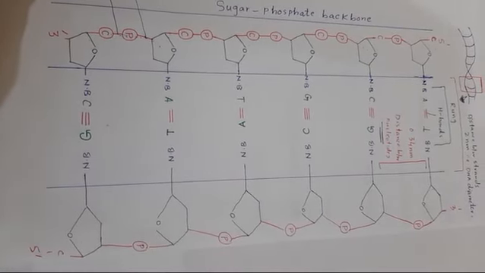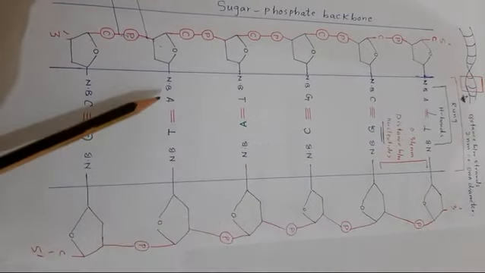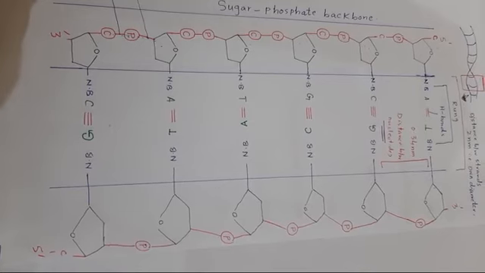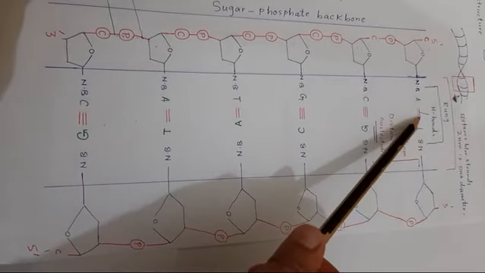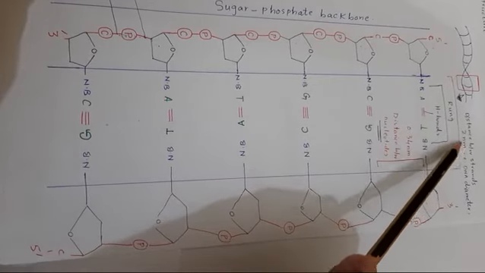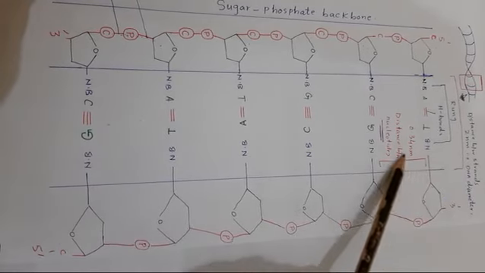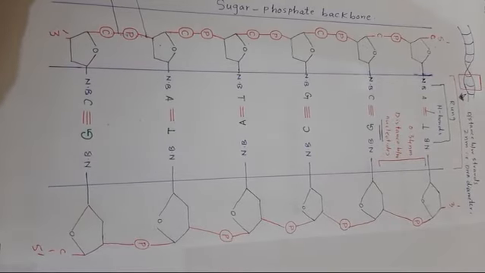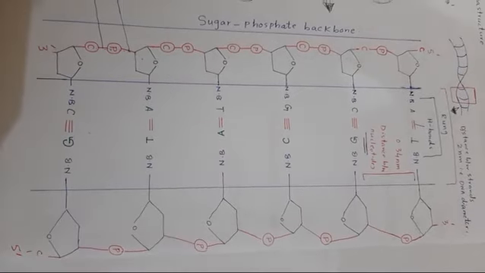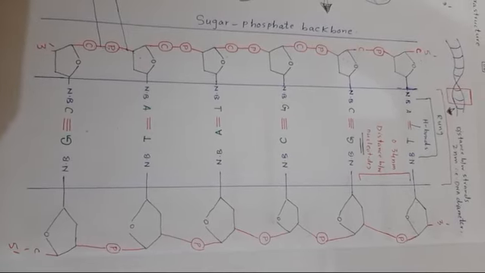The next point is that the nitrogenous base adenine is always bonded to thymine with 2 hydrogen bonds, while guanine is bonded to cytosine with 3 hydrogen bonds. These hydrogen bonds represent the rungs, and the distance between the two strands is 2 nanometers. That is, the diameter of DNA is 2 nanometers, while the distance between two nucleotides is 0.34 nanometers. So this is the ultrastructure of the DNA molecule. Remember that DNA is overall negatively charged due to phosphoric acid.